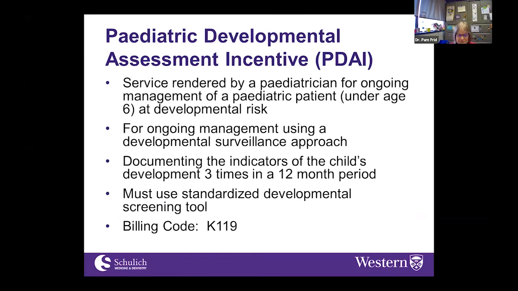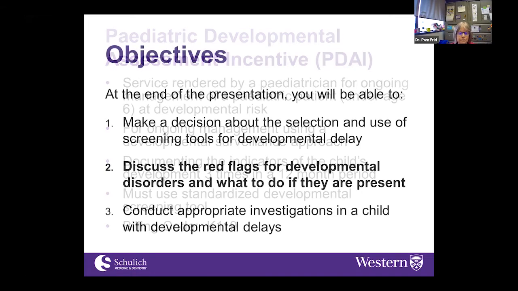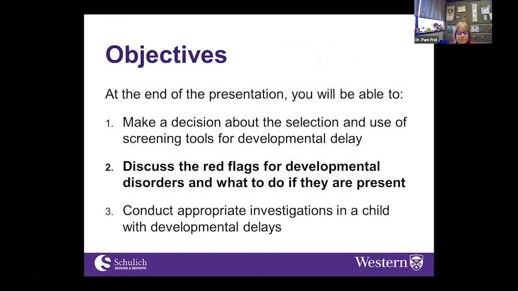One other code that sometimes people don't know about is that for pediatricians, if you've got a pediatric patient at developmental risk under the age of 6 and you do ongoing surveillance and document that 3 times in 12 months, there's another billing code that you can use as well. You do need to use a screening tool, but again, you can use any of those screening tools that I've mentioned previously. So that's sort of the run through on